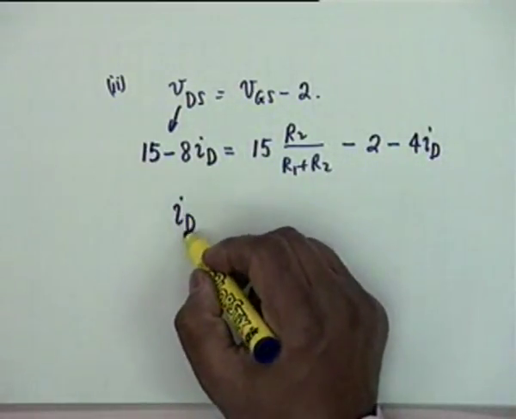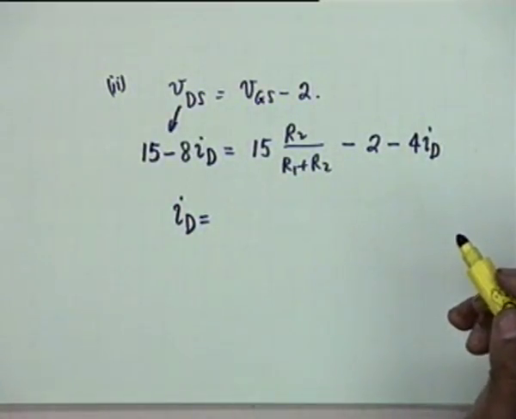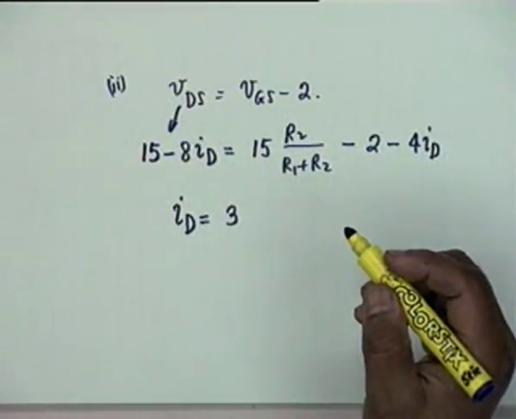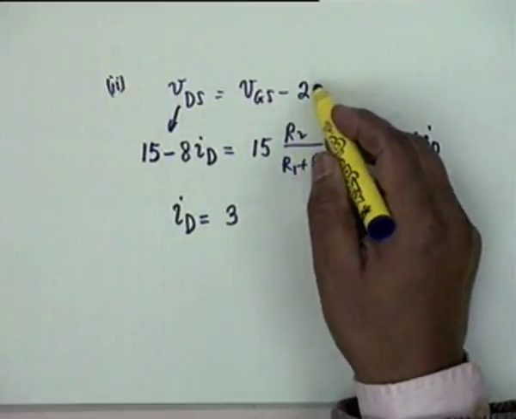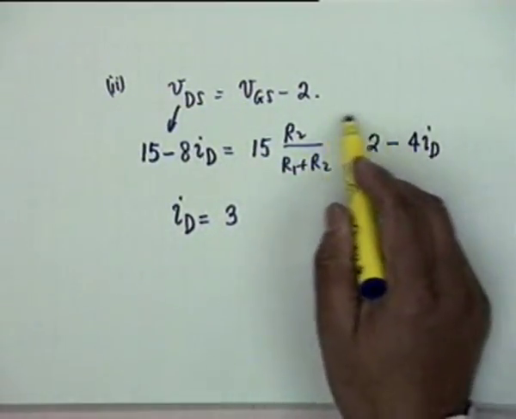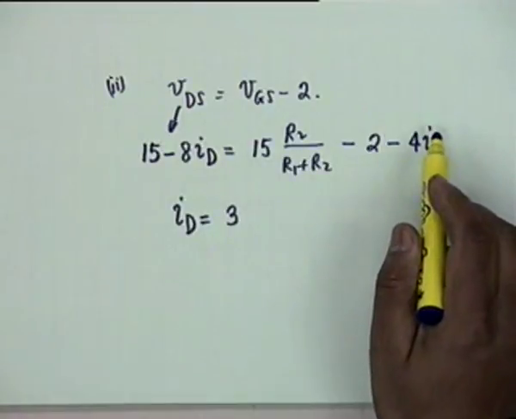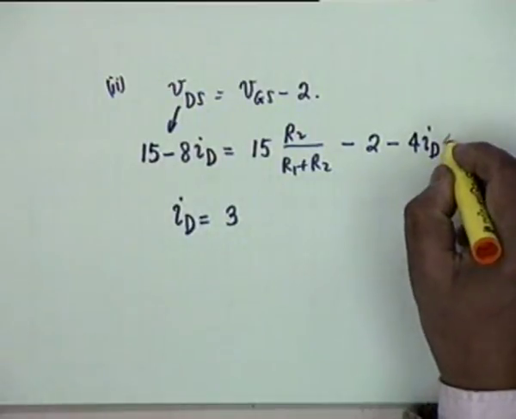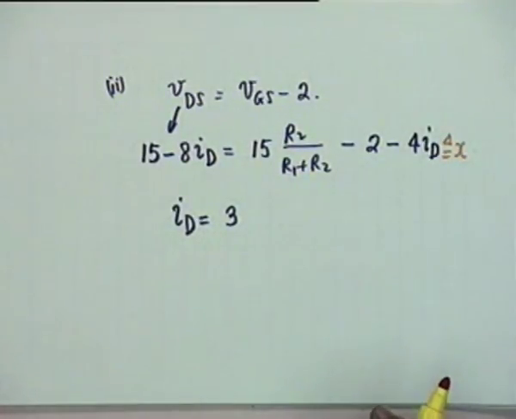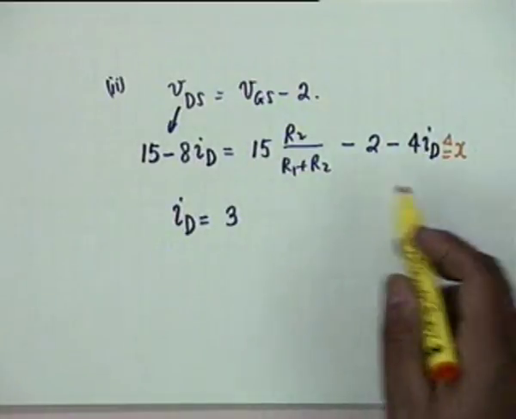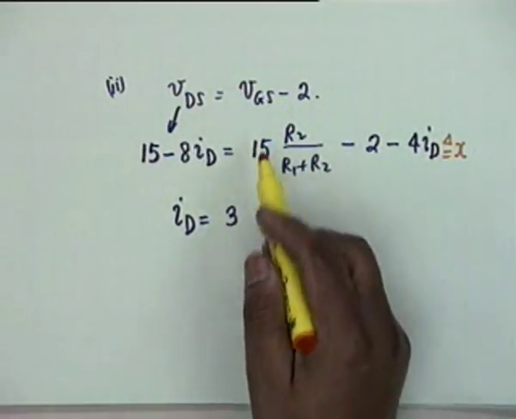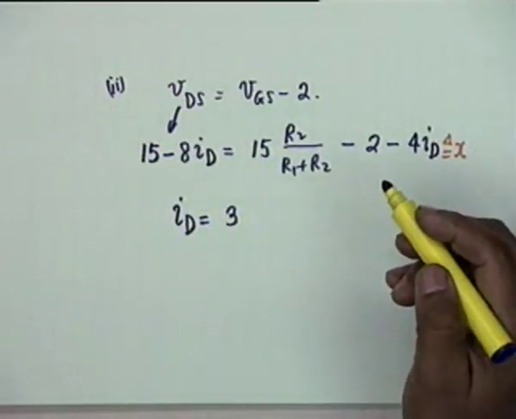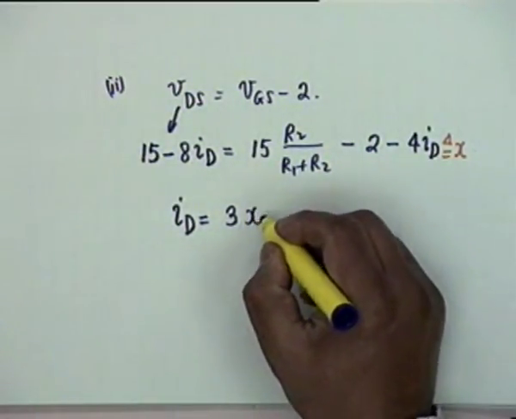Now you see, what is ID? ID is VGS minus 2 whole squared multiplied by 3. Agreed? 3 times VGS minus 2 whole squared. But VGS minus 2 is this. You have to proceed very cautiously here because you might get lost. Let's call this right hand side as equal to x. Then x is VGS minus 2. Obviously, this is what I have written. Therefore, I can write this as 3 times x squared.